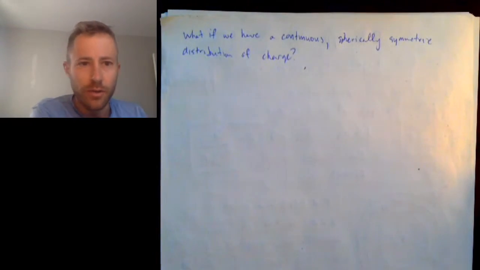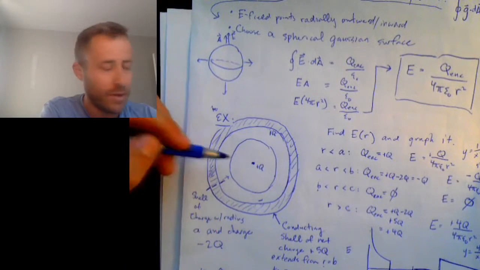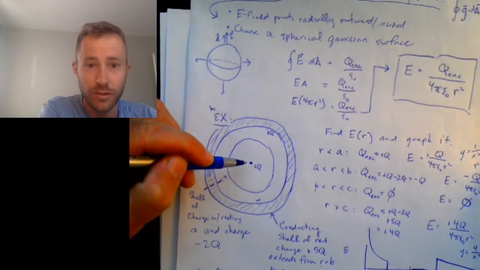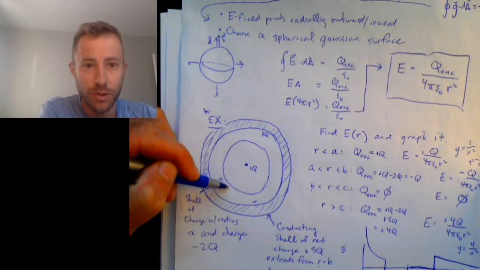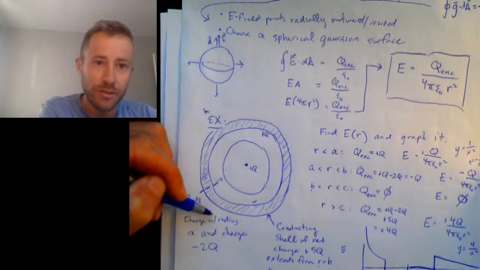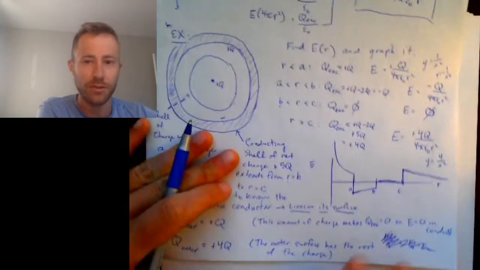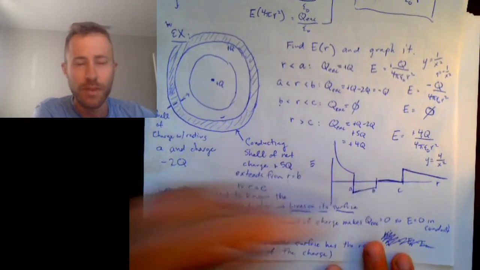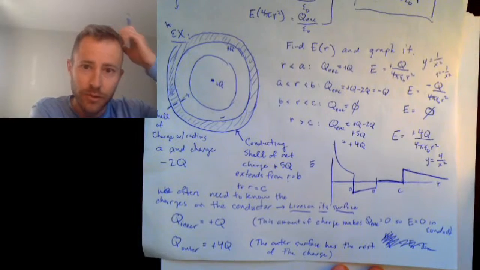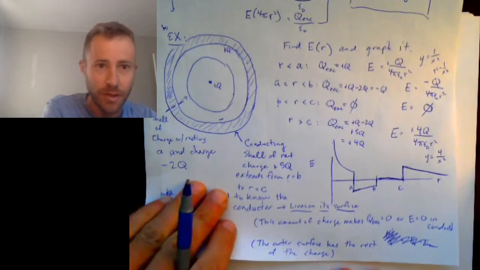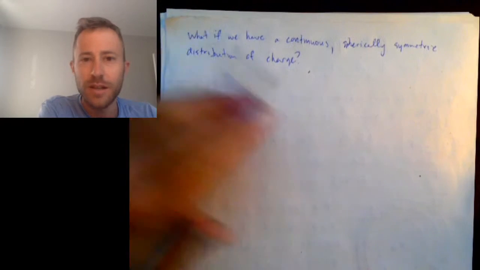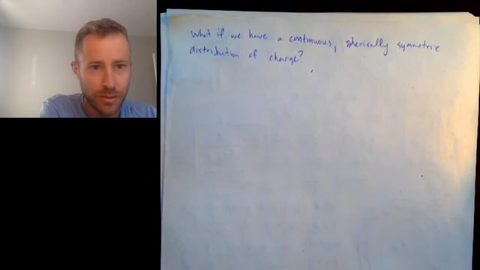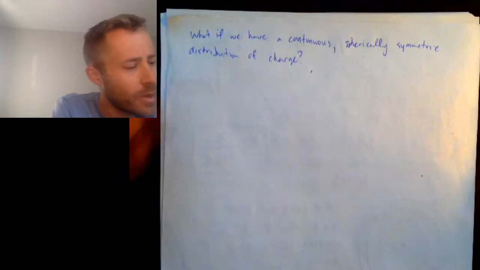Okay, so this was not a continuous distribution of charge because we have just charge in the center, and then we have an abrupt transition to more charge, and then an abrupt transition to more charge. So this graph has all these jumps in it as a result of these abrupt changes in the amount of charge. But what if we have a continuous spherically symmetric distribution of charge? Well, in that case,